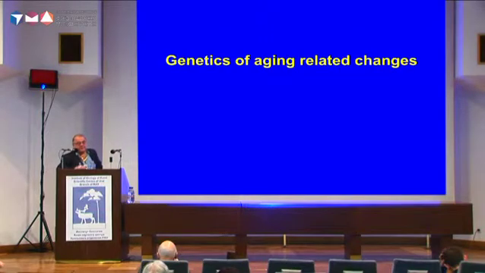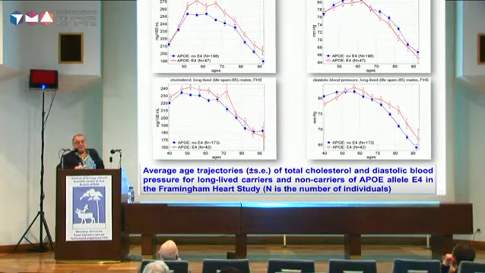Let's look at the genetics of aging related to changes. This is not an effect on the aging, but on the age changes, which are most probably related to the process of aging. The APOE4 gene, the dynamics is significantly different between the bearers and non-bearers of the gene. It was not previously studied, but